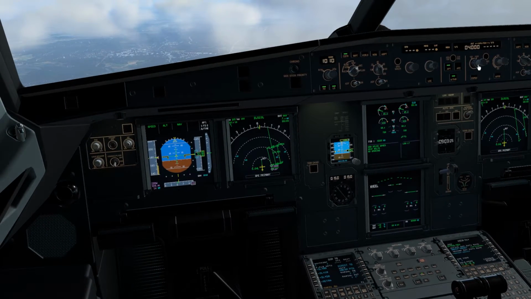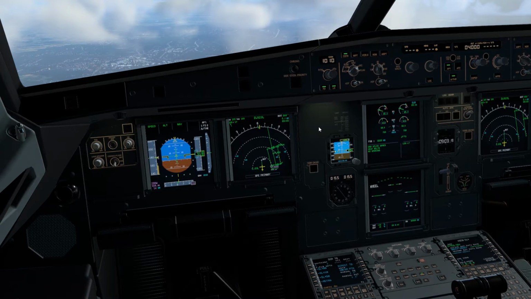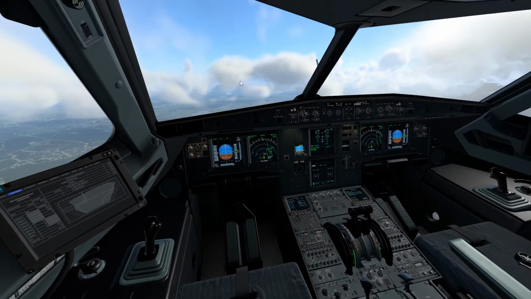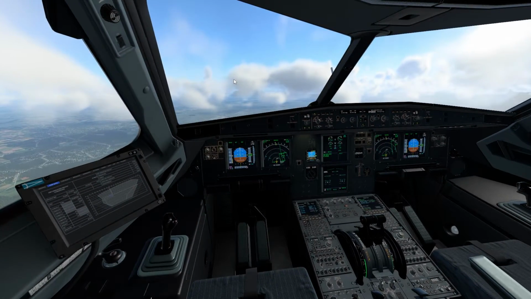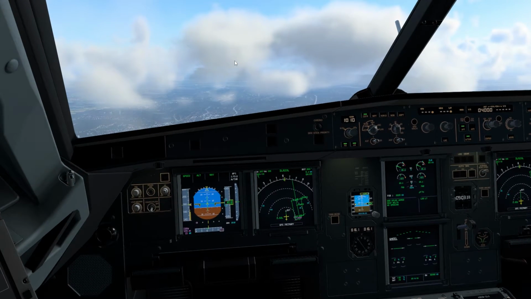And then I will descend to 3000 feet again in order to intercept the glide slope, and then we'll try to land. But I will not show you that in this video. I will end it, because obviously you know how to perform the ILS approach and landing, so I will not be touching that part. I will just be showing you how to get back to the runway if you missed the approach. So it's good to have the airport charts with you so that you can